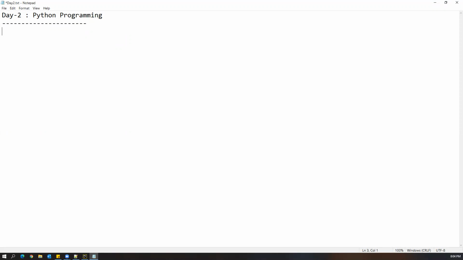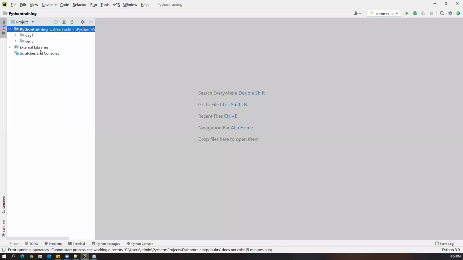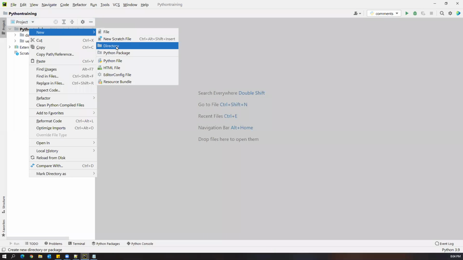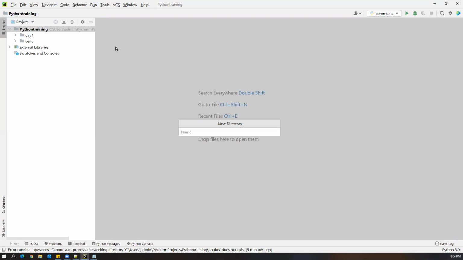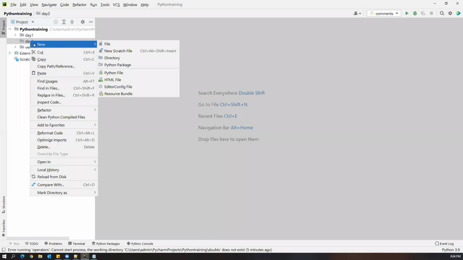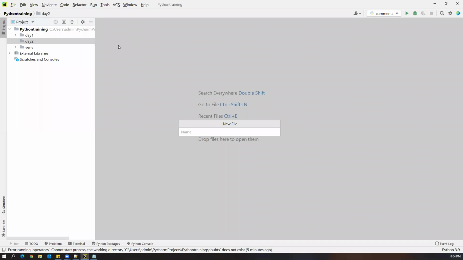Today I'm going to show you one more topic: how to delete variables. Suppose we have created some variables, how can we delete them? Let me show you a simple example. Actually, we missed this concept yesterday. For today, I'm creating a new directory; every day I will create a new directory. So let's say day 2. I'm creating a new Python file, and I'll call it deleting